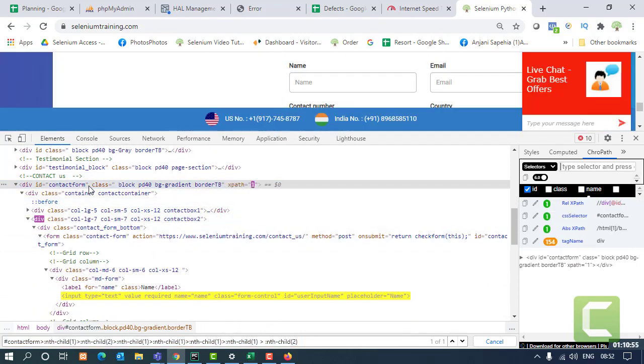Now in this form, in this whole div tag, I would say that there is another element which has some ID or some other identification like another attribute, right? So I don't have to follow this whole hierarchy. I can skip all this nth child thing. I can just put a space between the parent tag and the child tag I'm looking for.